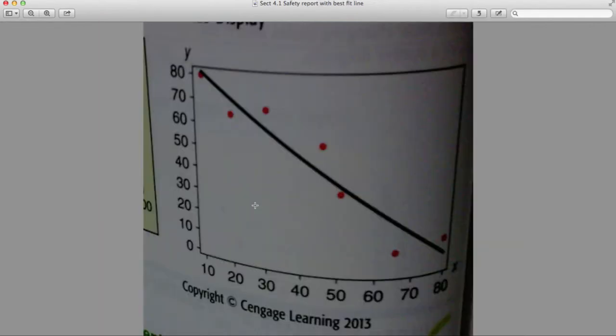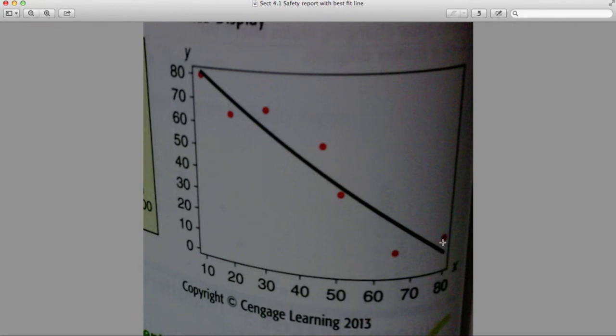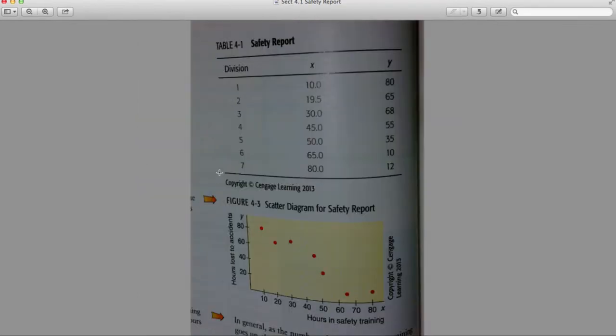Okay, in this particular scatter diagram with the safety report, this tells us there is a negative linear correlation, that the more number of hours spent in safety training, like here, 80 hours, then there is a decrease in the number of hours lost due to on-the-job accidents. For example, look at Division 7. They spent 80 hours of safety training in the quarter, and they only had 12 lost hours of work due